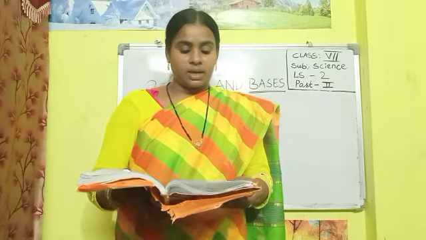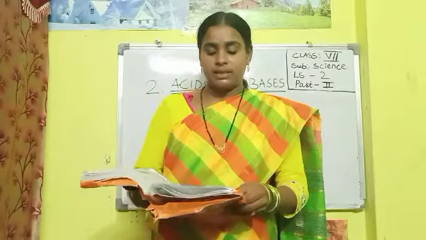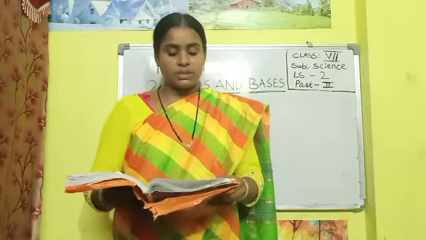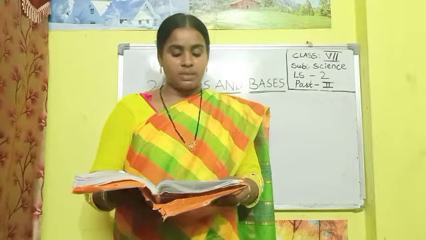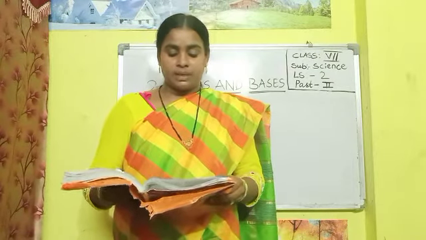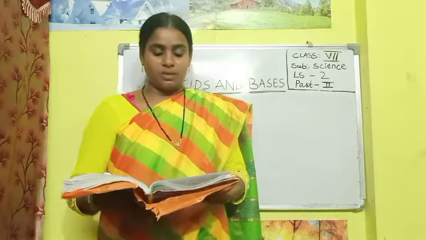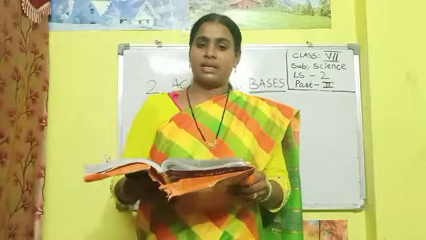Take a natural acid, say lemon juice. Lemon juice is a natural acid, children. In 6 test tubes, add copper, zinc, magnesium, iron, brass, and aluminum pieces to each one of the test tubes separately. Note your observation. This experiment we will do when school is physically reopened, children, in the science lab.